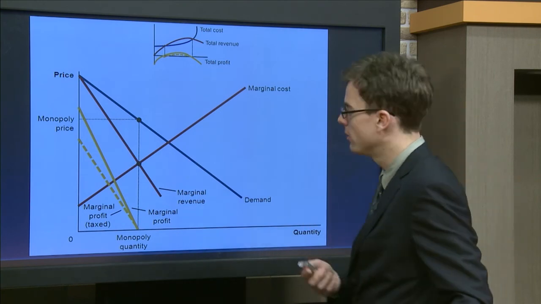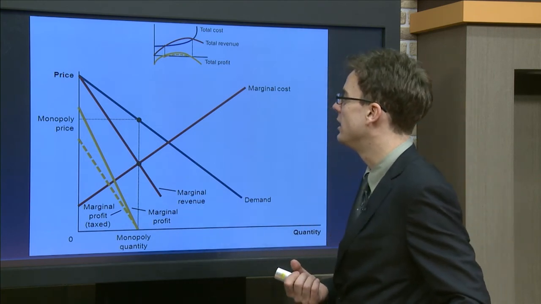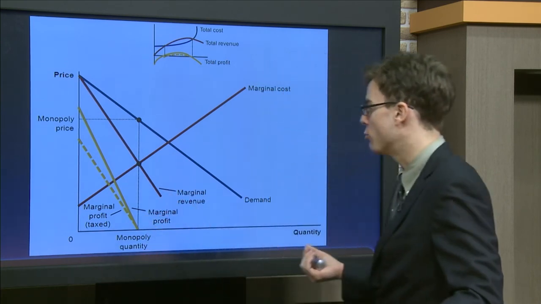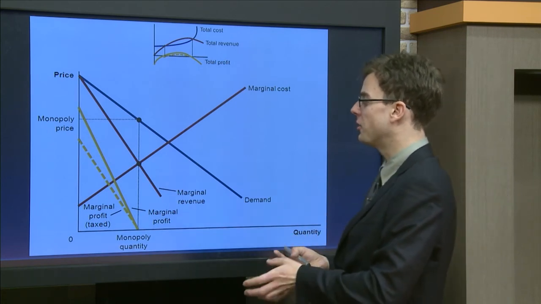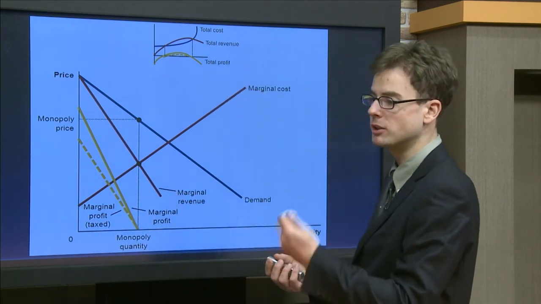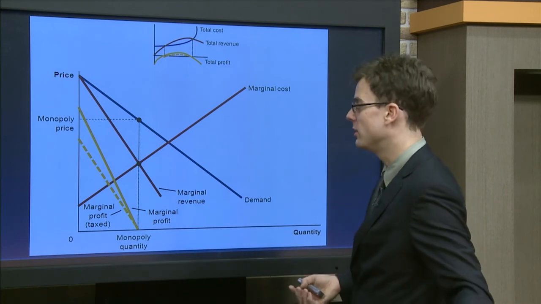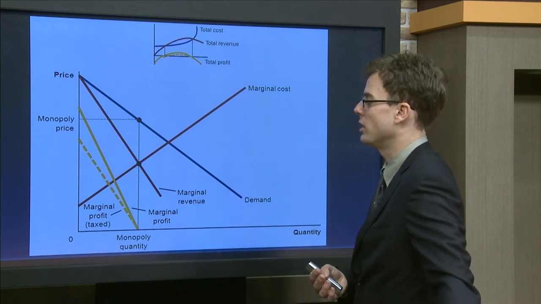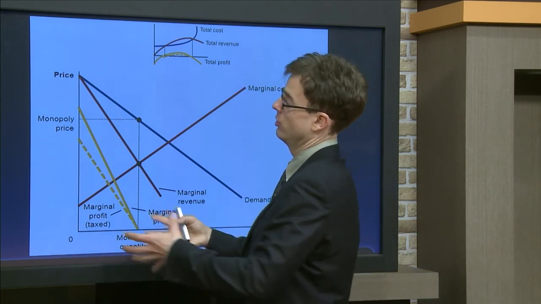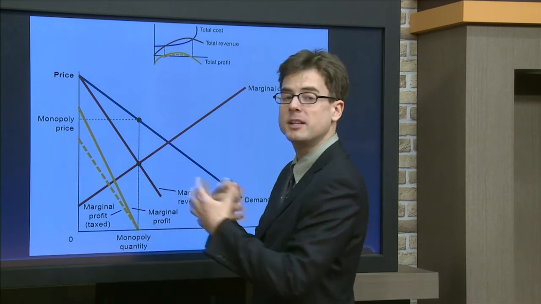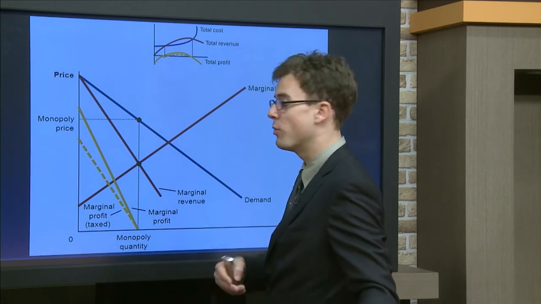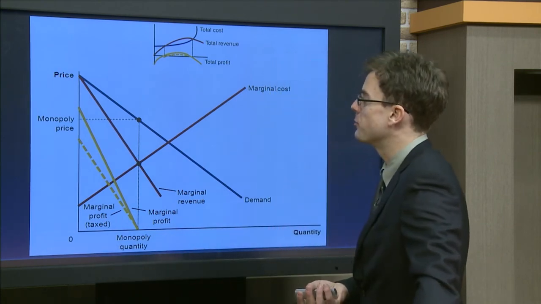Another type of taxation that the government might consider is taxing profit rather than output level. If the government is only concerned with redistribution of welfare between consumers and the monopolist, but not about the inefficiency from monopoly, we could show that the government could take some of the profits of a monopolist away and maybe distribute them back to consumers without influencing the monopolist